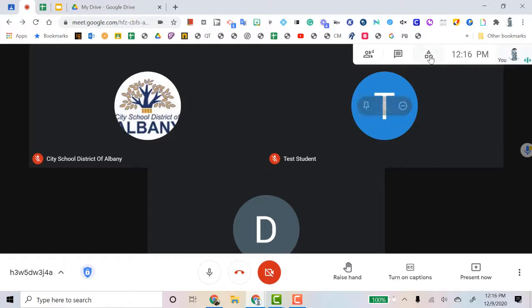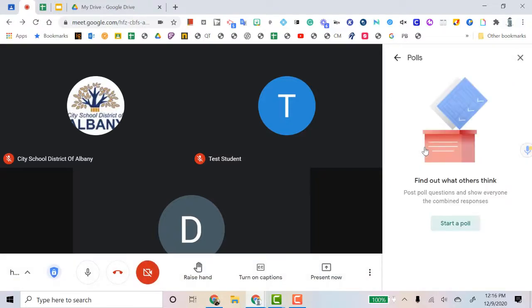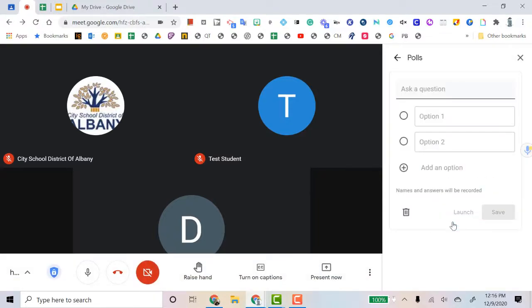Other options under the triangle, square, and circle are to begin polls. So I could ask a poll question by clicking on polls and starting a poll. Now my question could be, where do we work? This is a silly question, and I'm just going to type in